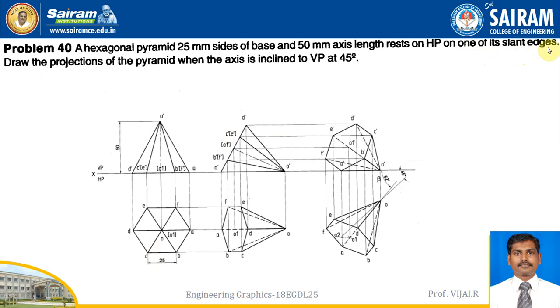Okay, don't think of it as edges blindly. That is one of its edges. In the previous questions they will ask, it rests on one of its edges and the axis is inclined to HP with some angle, that is alpha angle, and they will give theta angle, that is inclination to HP. But now it's resting totally on a slant edge, and the only thing is the axis is inclined to VP. So first, slant edge position means you have to keep it in corner position.